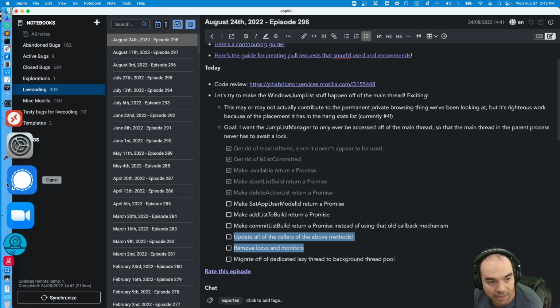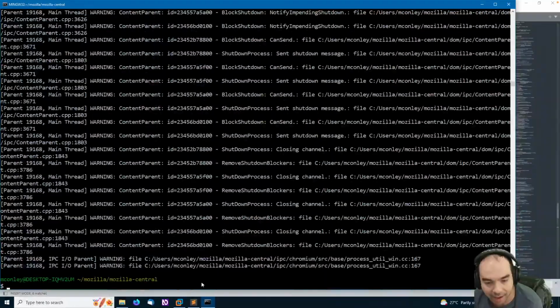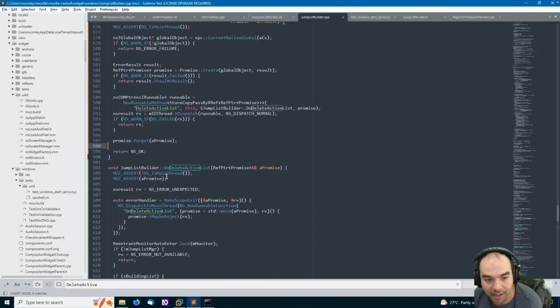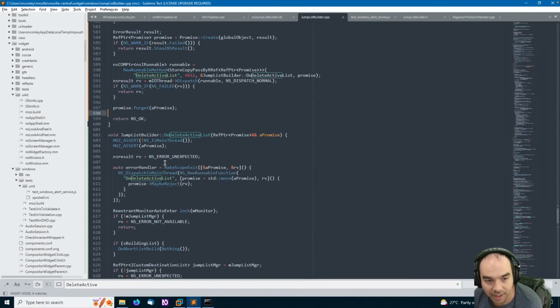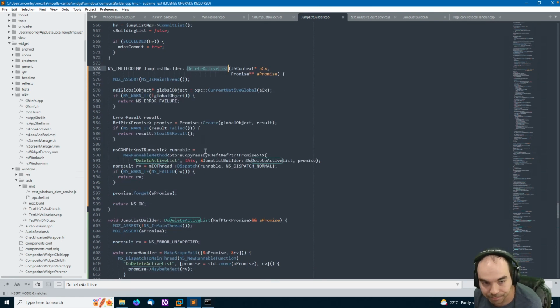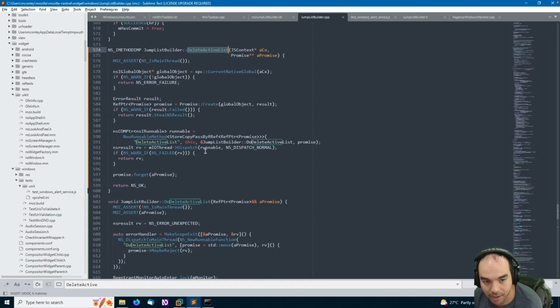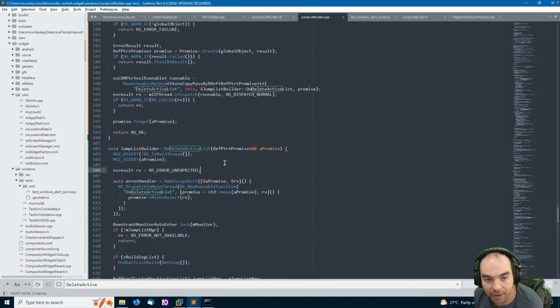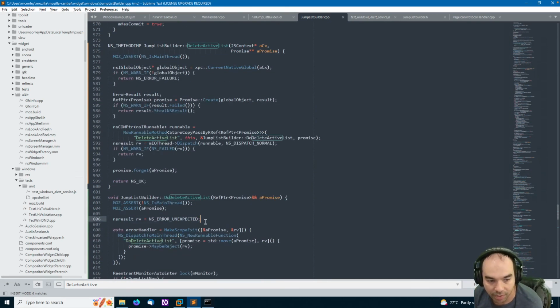Like all of these methods where we have the method and then a do method, I feel like a lot of this can be done inside lambdas within the caller, or at the call site. That may or may not clean things up. I don't know if I'll do that, but it's something I'm considering. But at the very least, we can get off of this extra lazy thread that's been created called the IO thread and instead use the background thread pool, which is better for resources.